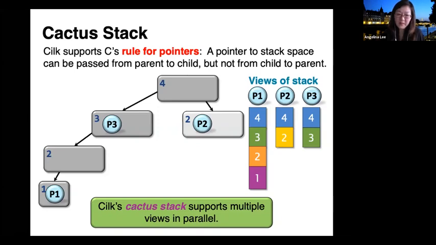And we basically need to support such multiple views of the stack simultaneously in parallel for all the workers. We call such a construct a cactus stack. And it's interesting how we support such a view. I will touch a little bit on how we support such a view later, but we won't get into too much detail on it. But if you're interested, I'm happy to answer questions about it after the lecture.